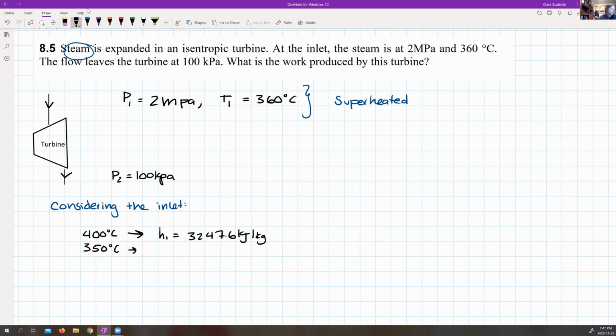And at 350 degrees, I'm going to have an H of 3137